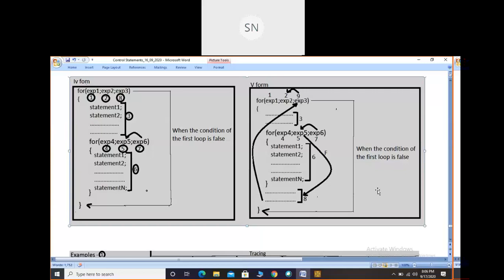So in the second round, again those statements are executed. The similar action will happen. The only extra thing is that earlier we didn't have any statements for the first for loop, so here we have some statements. And in the fifth form also, it's the same thing, right? Yes, there's no change. One extra thing is that after the condition of the second loop is false, you just look at the arrow mark from expression 5 to the 8th step, it will go.